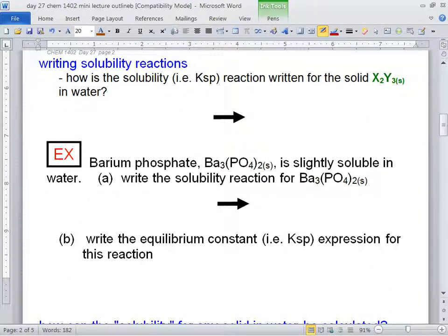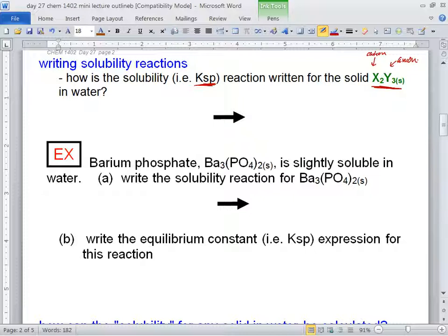But notice how we've got a table, and again, we've got an equilibrium constant with subscripts, sp. So that means you have to write the equilibrium reaction in a certain way. But before we write that reaction, Kendall, what do you think sp stands for? Solubility product. Perfect. Solubility product. Okay, so we want to write the solubility product for this. I'm just making up this solid. Remember, the first guy is always the cation. Second is always the anion.